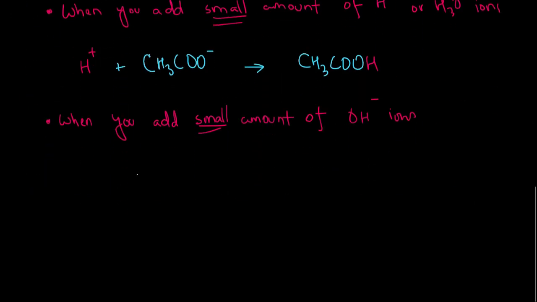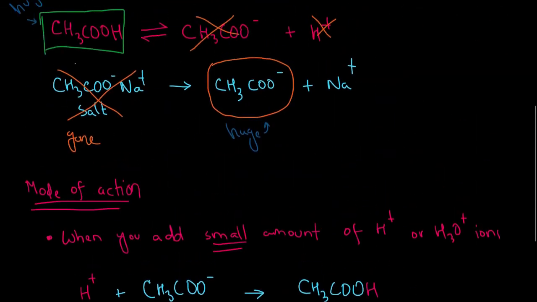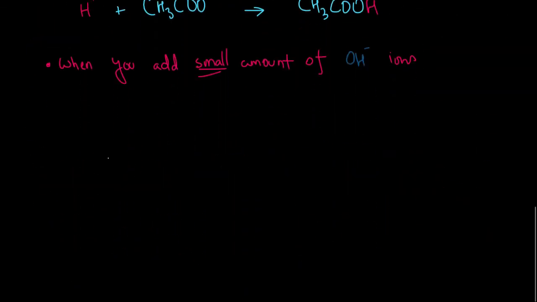Okay, so let me write this in different colors so that it's easy to see. So I'm going to erase this bit here. So when you add OH minus ions, what's going to happen is this acid will come into action. So my acid, the undissociated acid, this guy comes in and reacts with the OH minus to form